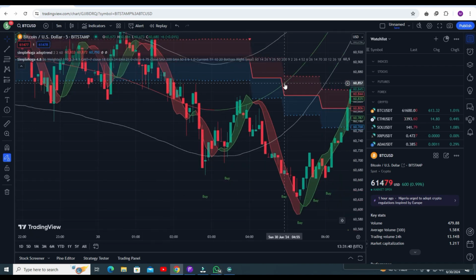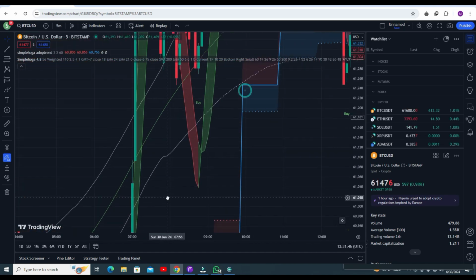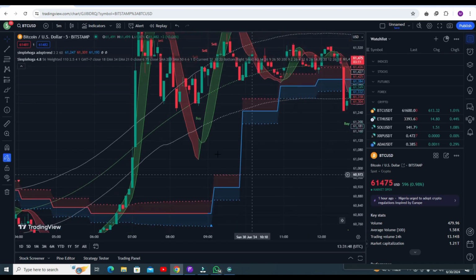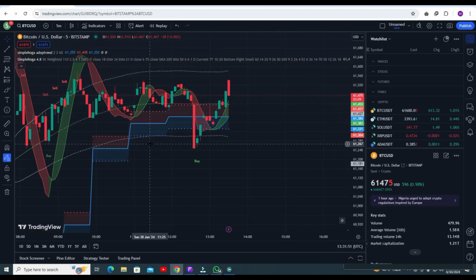Now the adaptive line comes below the middle line, you have to go for the buy trade. You can see you got the buy trade and you are getting some awesome profit. You have to follow this buy signal, you got awesome profit. You have to follow this buy signal and you will definitely get awesome profit. Hopefully now you will understand the whole strategy, how perfectly my strategy is working.